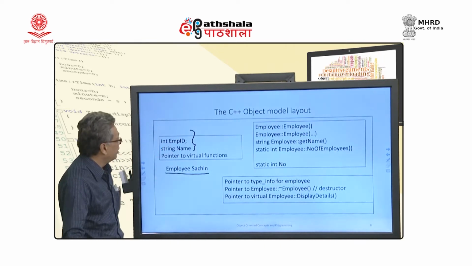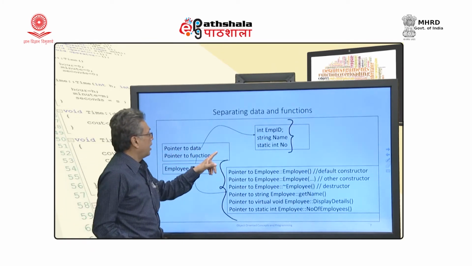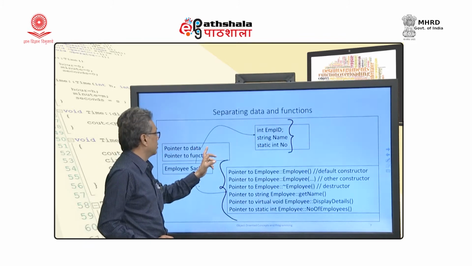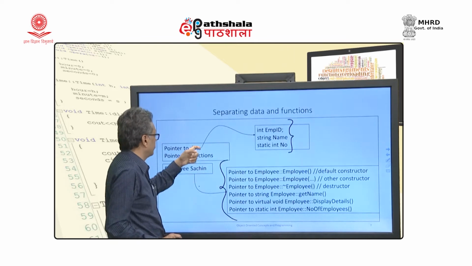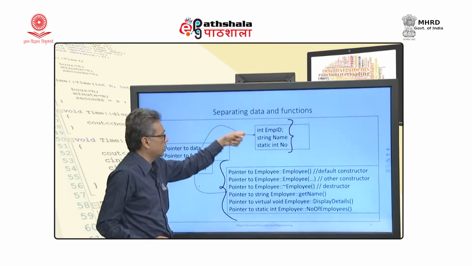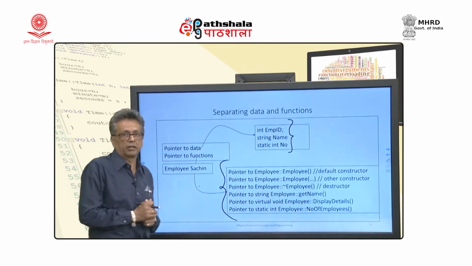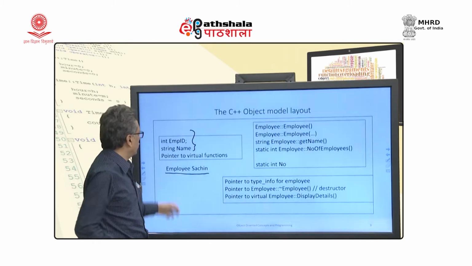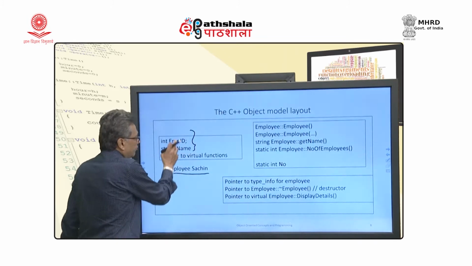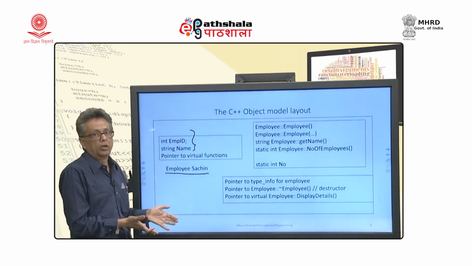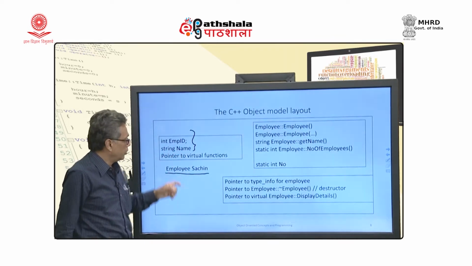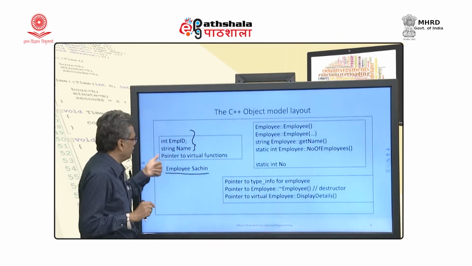In the case of this thing, I have one more indirection. I do not have employee Sachin dot employee ID. No, Sachin again will have a pointer which will have to traverse to this place and then get employee ID. This is slower than C. Now, once I have converted it, okay, I have stored this information here, it is exactly like struct. So, I do not have any overhead. I will be able to access all data members directly. So, that is the first improvement that I will have here.